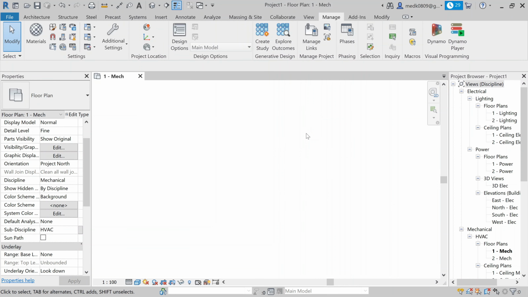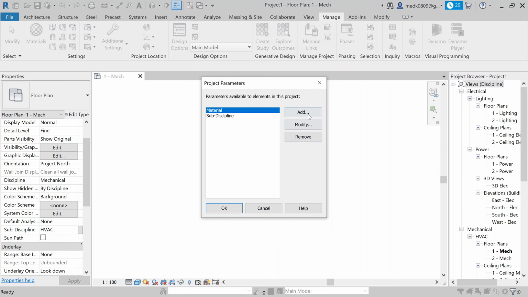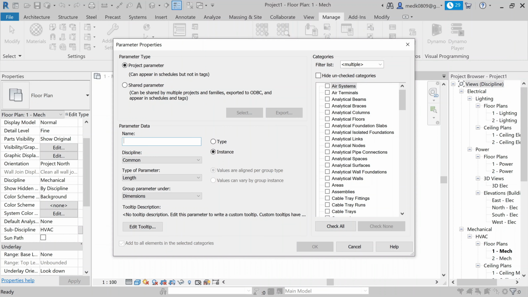And now let's see how to create the invisibility feature for the pipes which are hidden in walls or beams. So for that, let's go to the manage tab and then we'll go to project parameters. Click on add to create a new one. Name the parameter, let it be visibility, okay, and then discipline will be common.